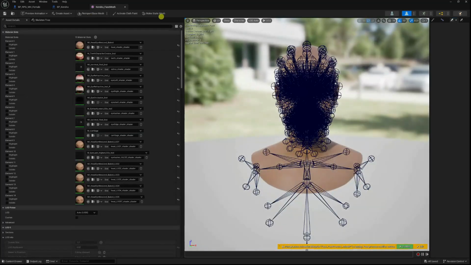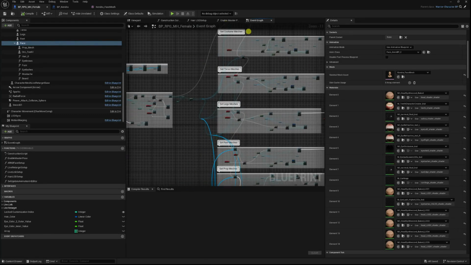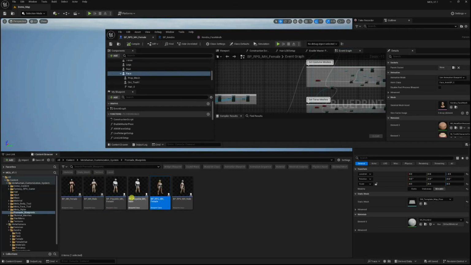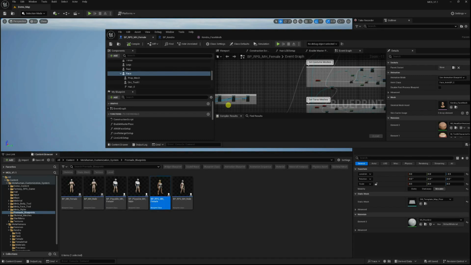Yeah, so we've added the face. The next thing we want to do is add a few sockets. This isn't necessary if you're not using the fantasy RPG game. You can skip that. If you're using like the BP female or playable female or male, you don't need to do this part. You do what we'll do afterwards. Okay, so we're going to add a few sockets so that the sword and the shield are in the character's hands. Okay,